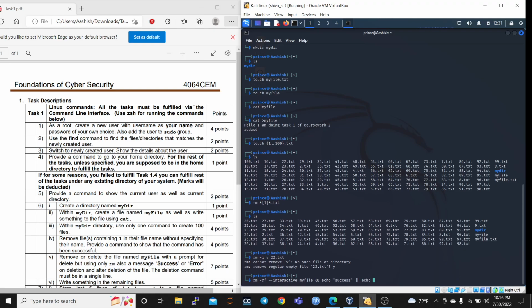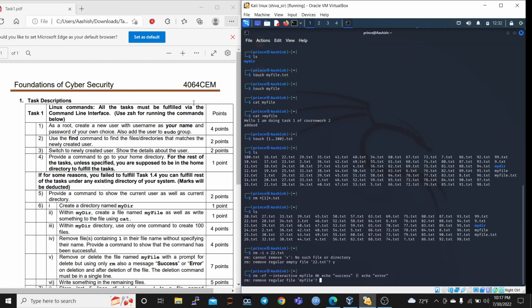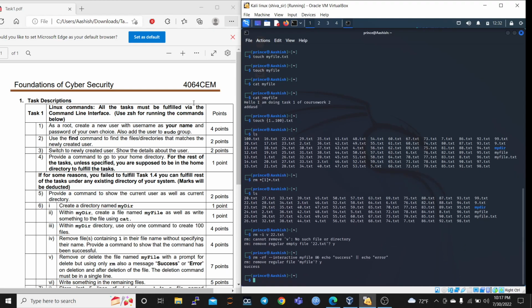So basically what this command means is remove with a recursive function, and if this command works, then it will print success. If it doesn't work, then in the else condition we have got the error. So this command is pretty simple. Remove, yes. Okay,